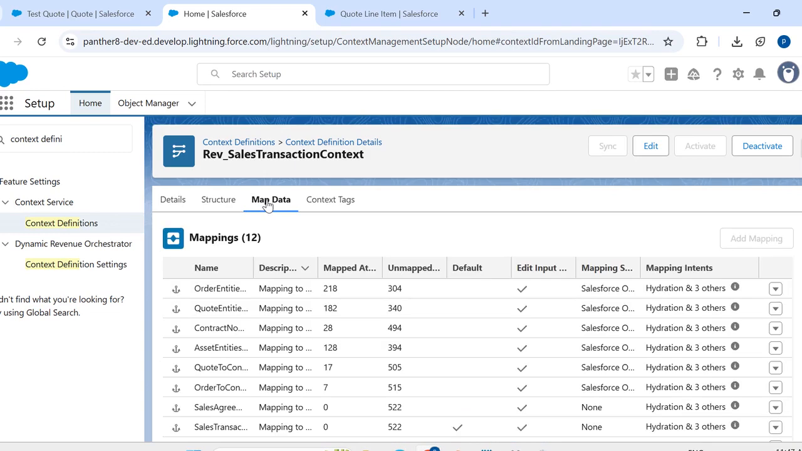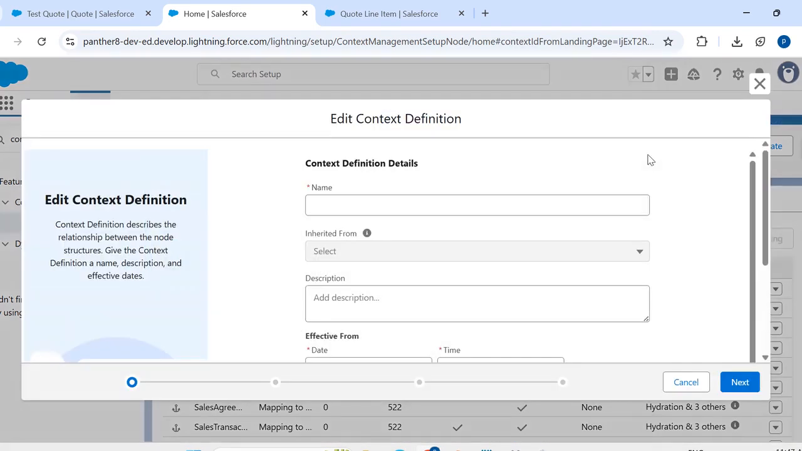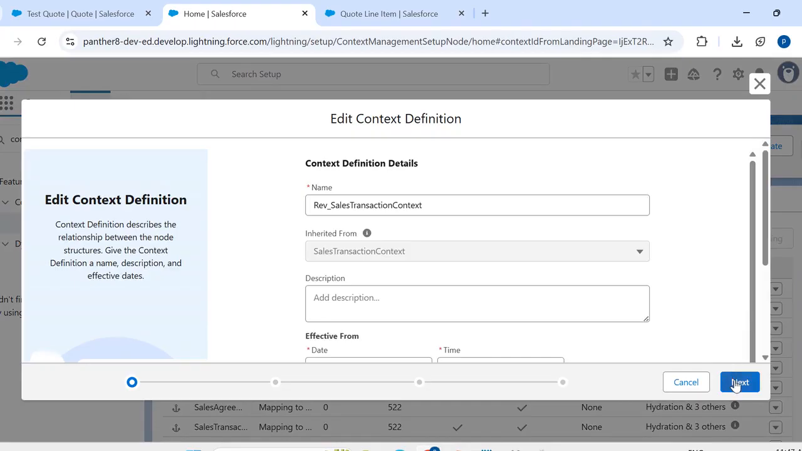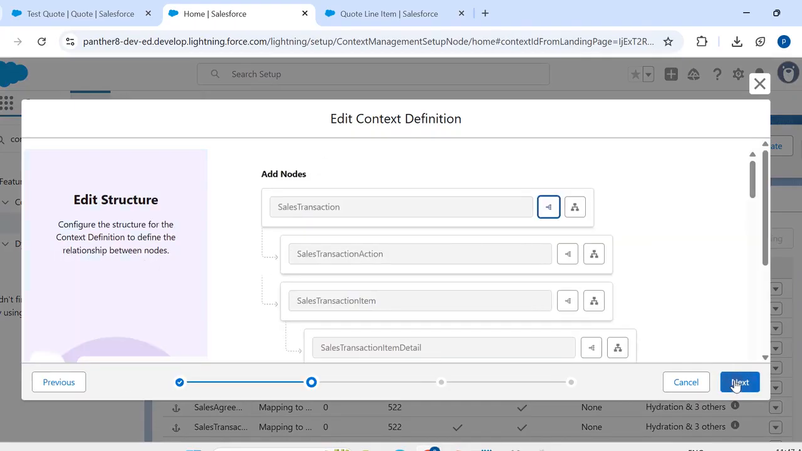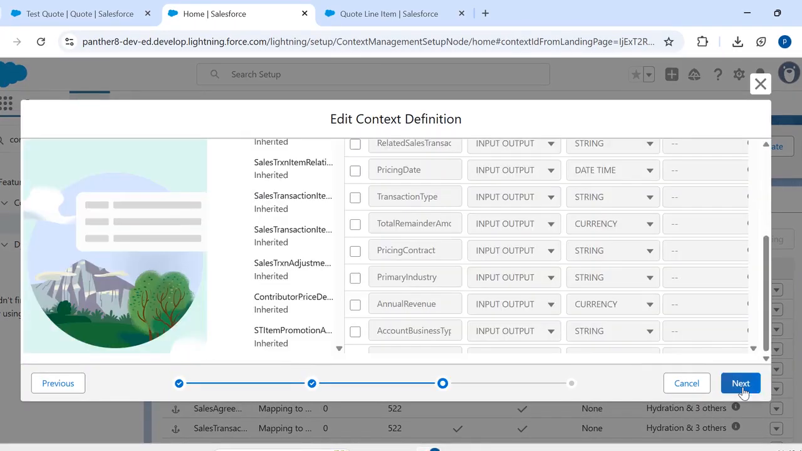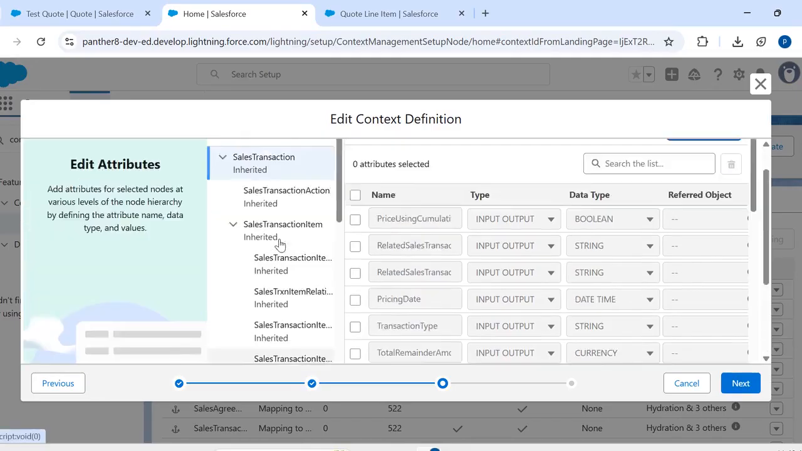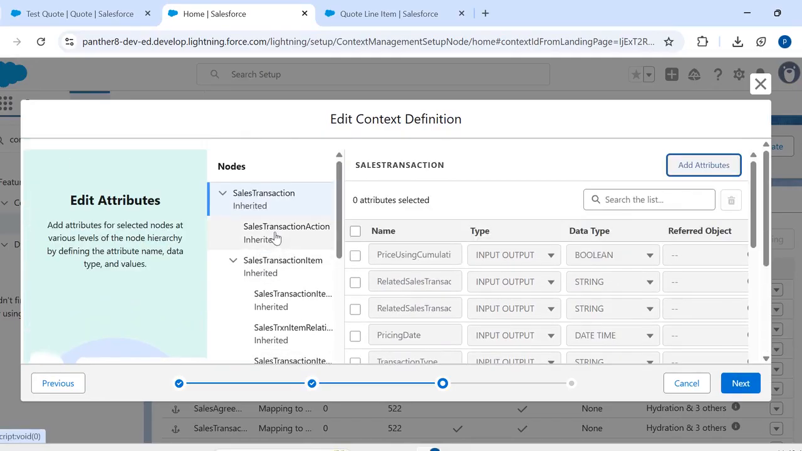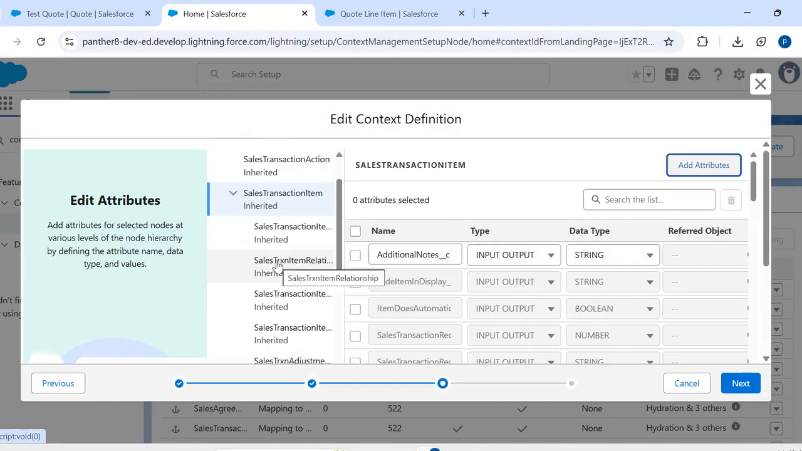Click Edit. Then click Next. Again, click Next here, on the left-hand side. Select the node as Sales Transaction Item and click Add Attributes